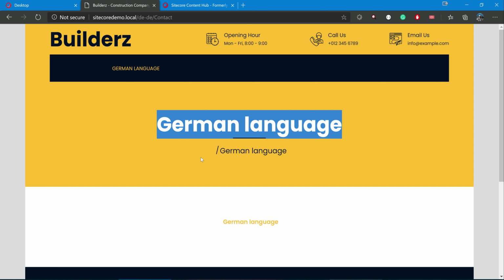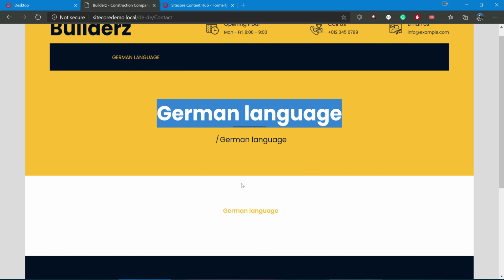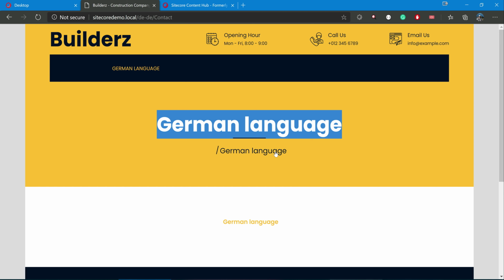In a simple definition, if there are multiple languages, there will always be one default language where all the content is present. For the other languages we create, if some content is missing, we ask it to show the language from the default language. So if something is missing here, maybe show it from English, even though it is German. That's a language fallback. We need to do a few settings and configurations for that. We'll see it in a future video, but this is how the language version works.